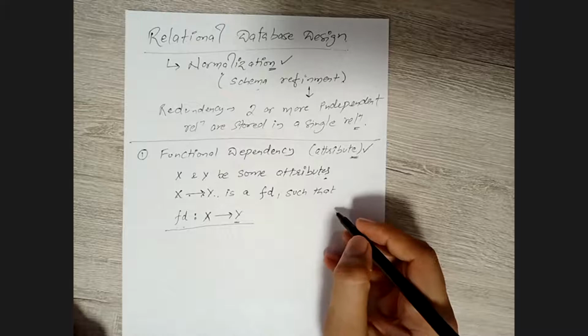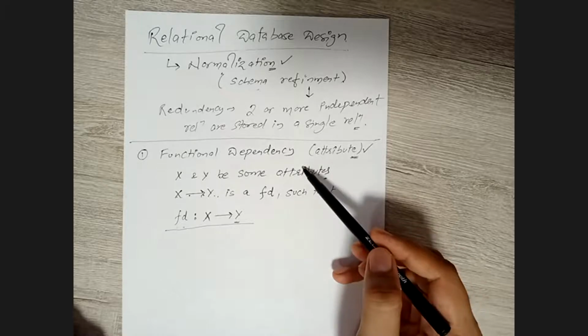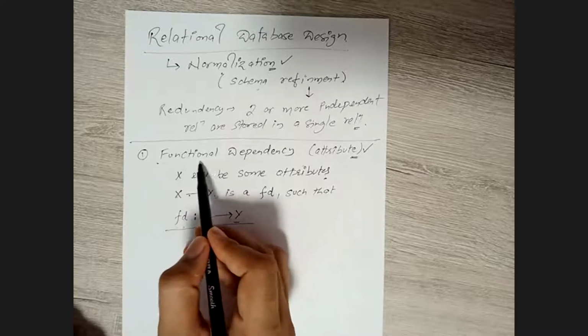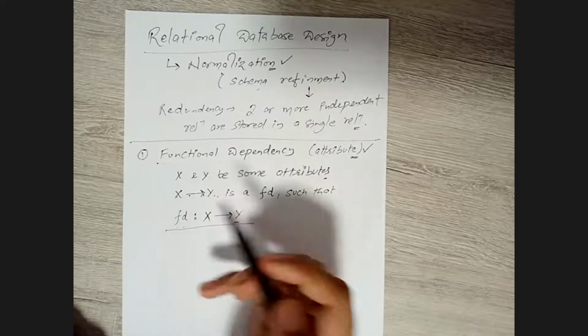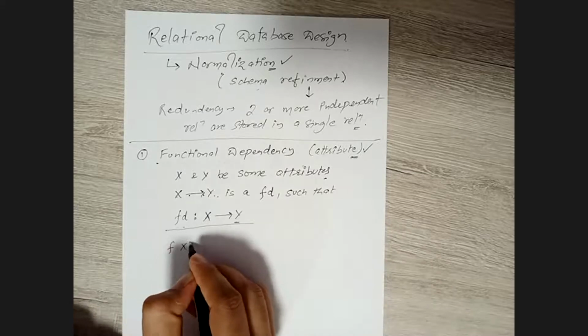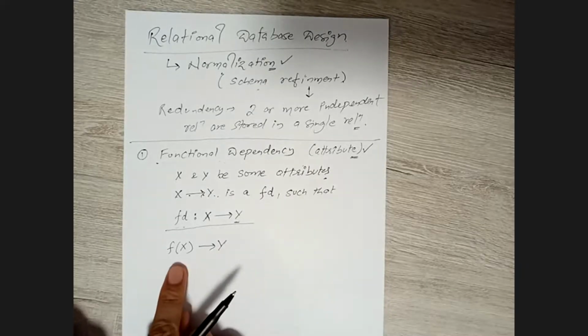Try to understand, when I say functional dependency, there is a very minute difference between the functions that we have studied in mathematics so far and functional dependencies here. The word is analogous to functions that perform some functionalities. For example, I'm writing f of x determines y. We are familiar with this one, right?